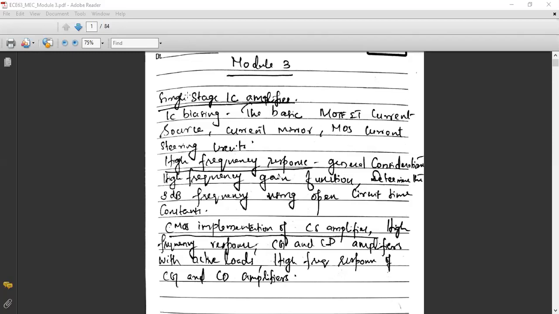That is the main techniques of IC biasing. It includes current source, current mirror, and current steering circuits, followed by the IC biasing techniques. Then we will discuss the high frequency response. Meaning, when the input signal's frequency increases, what will happen to the output response of the amplifier? That we have to discuss, and we need to go through the different techniques that will determine the cutoff frequency